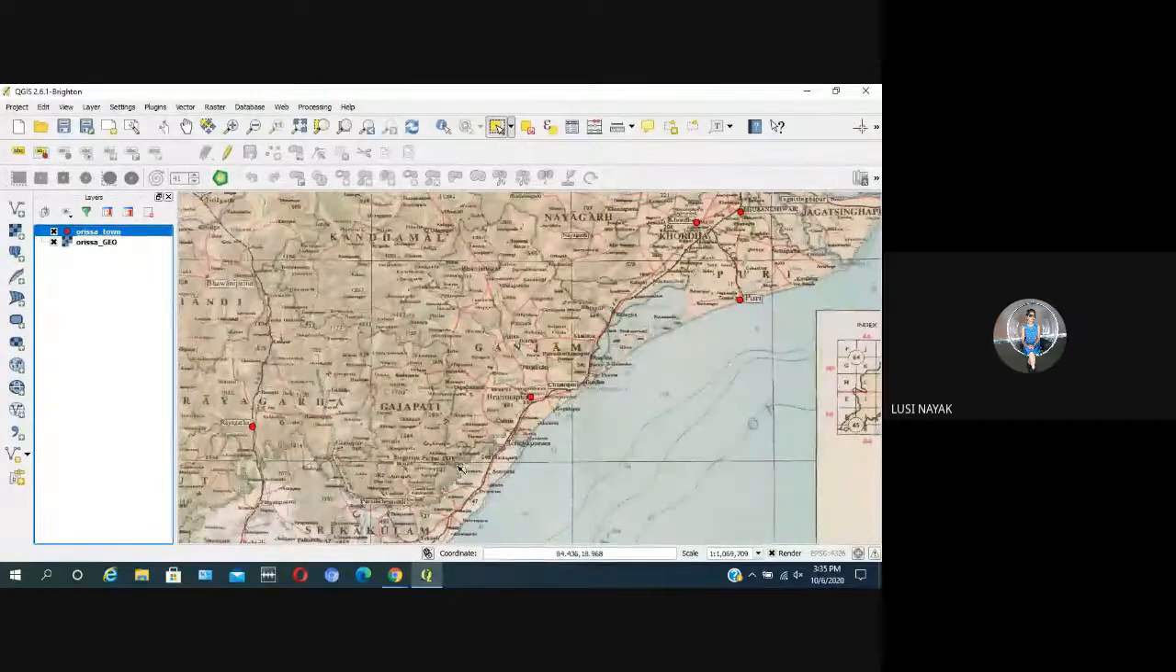Three point one four. 3.14 point line is